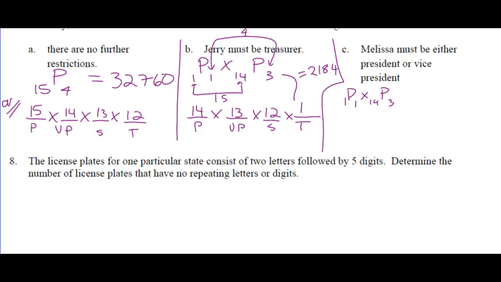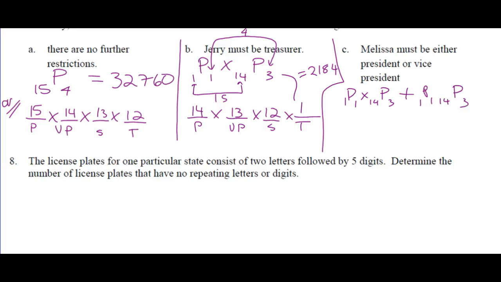Now, what's this first one? What are we doing? Figuring out the number of ways Melissa can be the president. Or, what does the word or translate to as a mathematical operation? Plus. So, Melissa is president, and we choose 3 other people from the 14. Or, Melissa's the vice president, and we choose